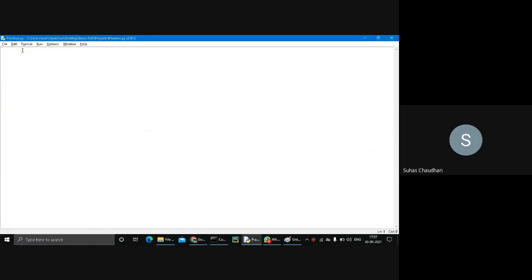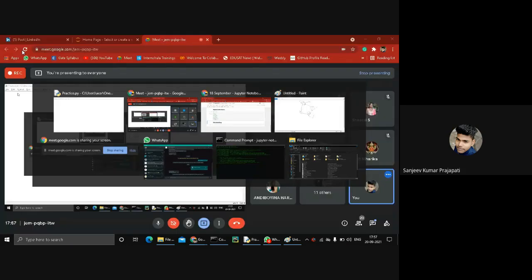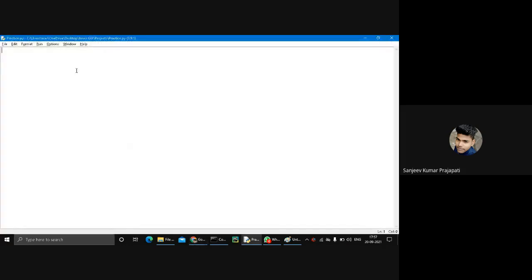Okay. So now my IDE is visible, like this Python IDE. Now the text is visible, otherwise I can increase the font size. Text is visible, guys? Okay.